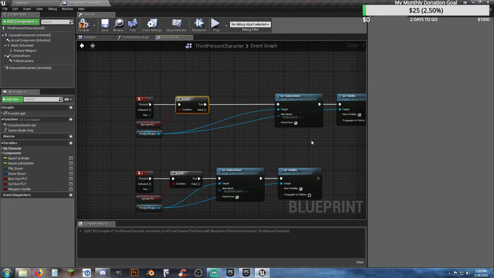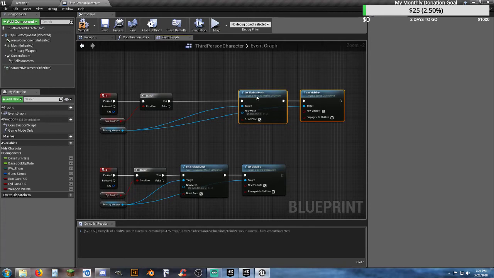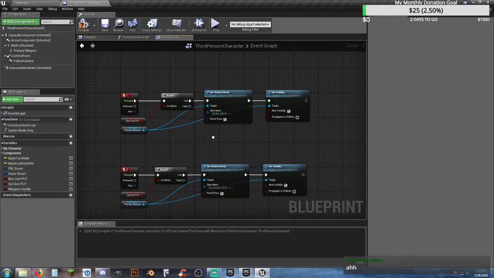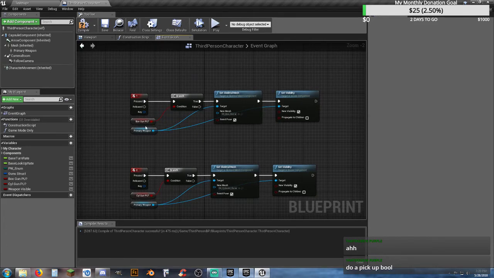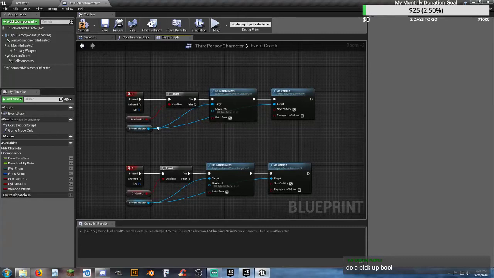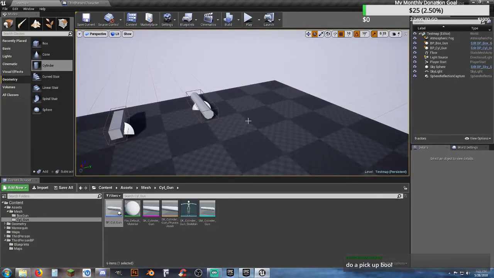Like I said, I can come up with a system in a few minutes and actually solve the whole deal. But I want you to come along for the ride. The weapon visible. Okay, so we're checking right here on the weapon boolean. This boolean is being set by the fact that when we walk into the map, if I hit